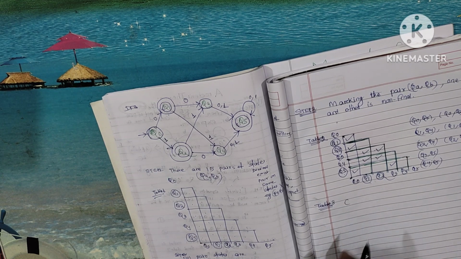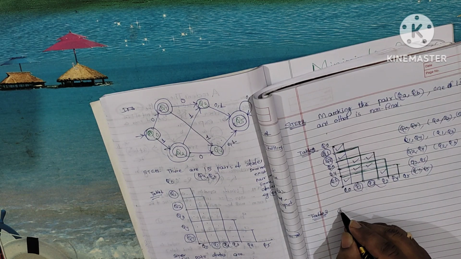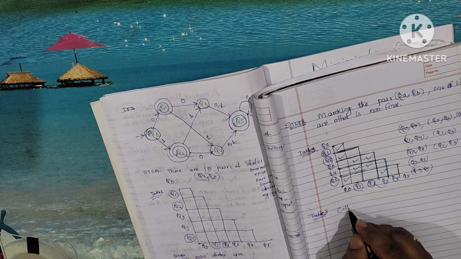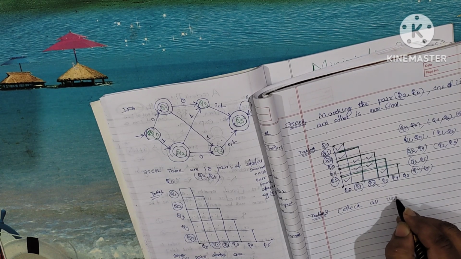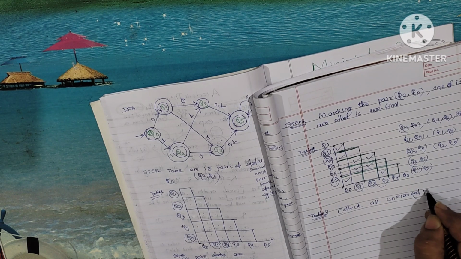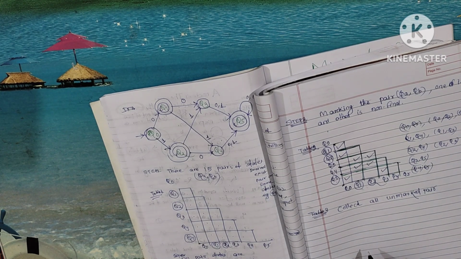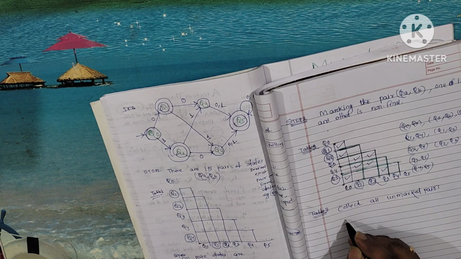Now, can we, as per the theorem, say that we should collect all the unmarked pairs? So what are all the unmarked pairs? You can see here